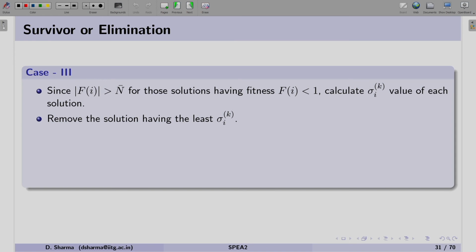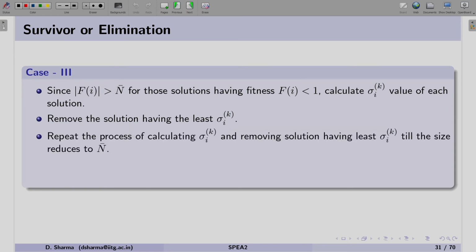Once we have calculated sigma ik, we find the solution which has the least sigma ik value in the set of non-dominated solutions. This solution will be removed, and we repeat this process till the size reduces to the archive size.